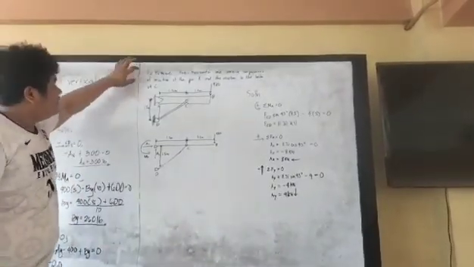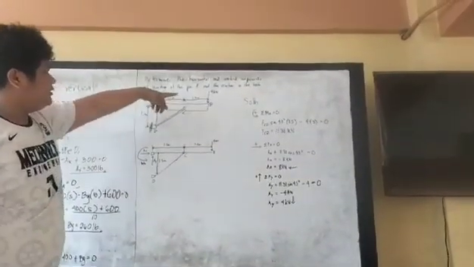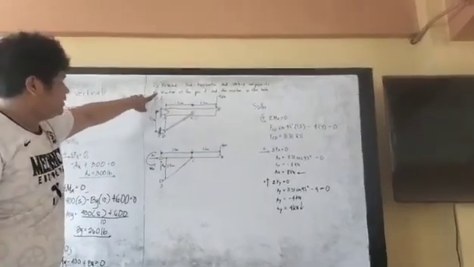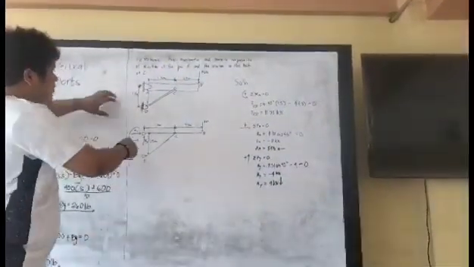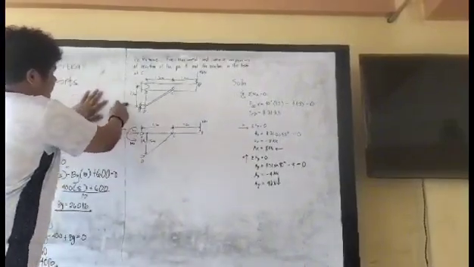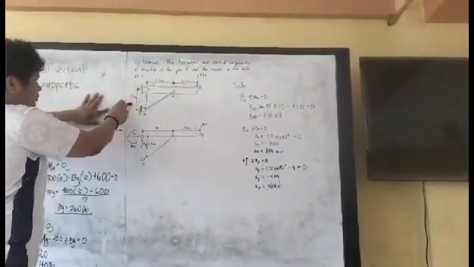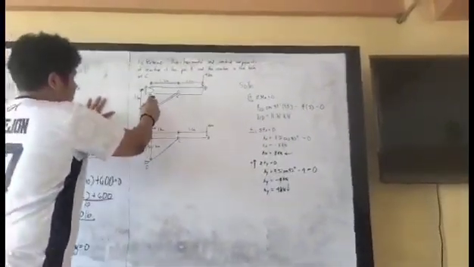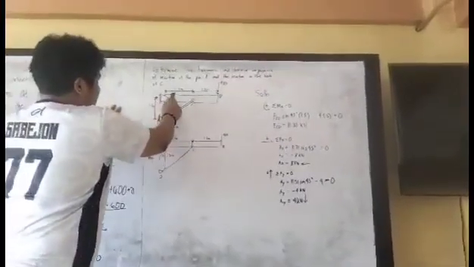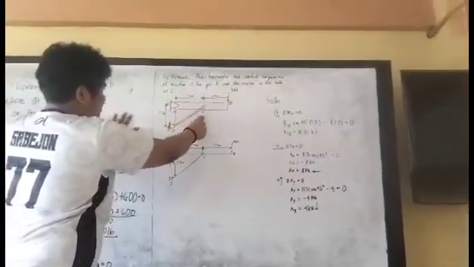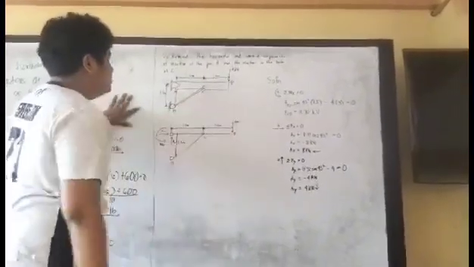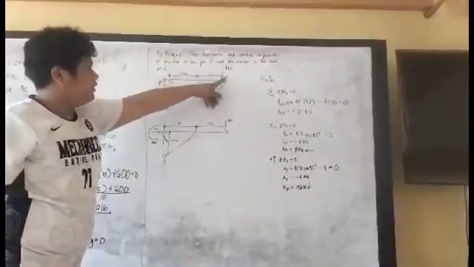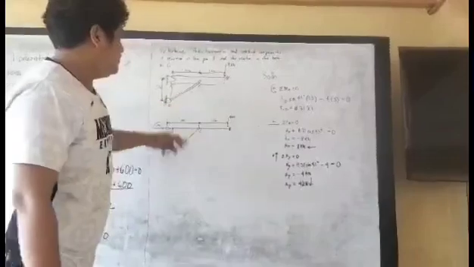Of this problem, where we determine the horizontal and vertical components of the reactions at A and the forces in B and C. So here is our given. We have a length from D to A, which is 1.5 meters. Then a distance of 1.5 meters from A to C. And then from C to B, we have a 1.5 meter distance. And then we have a load of 4 kilonewtons at point B.